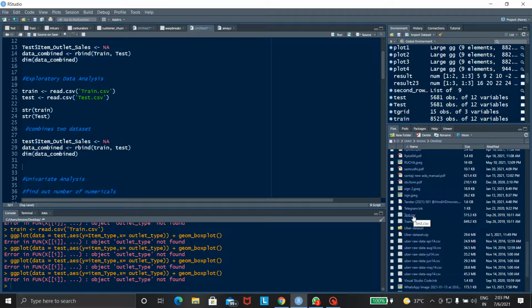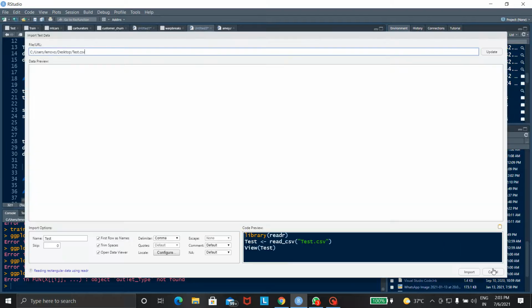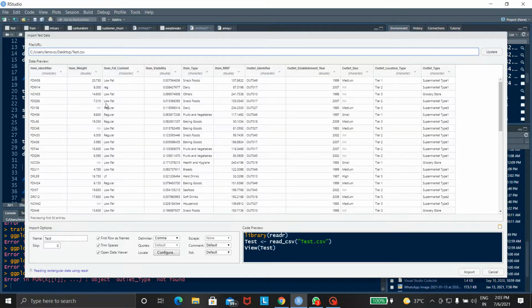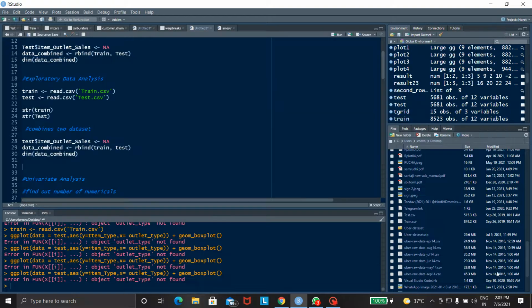First, import this file into R. Click on test and import dataset, and after that the dataset is here. After that, import the file. Actually, I have already imported this dataset. So the datasets are already imported. There are two datasets: train and test.